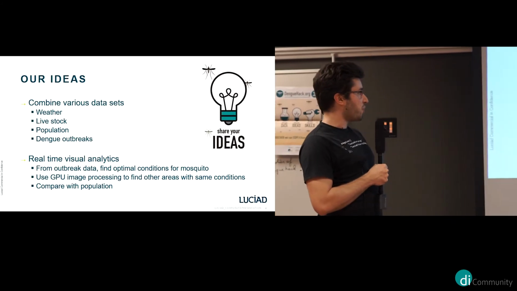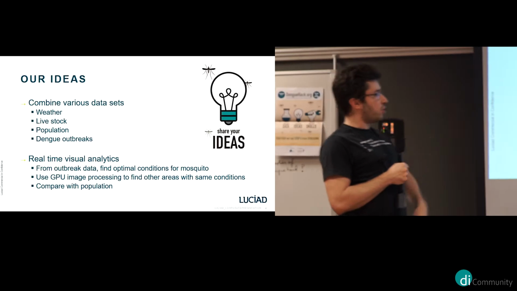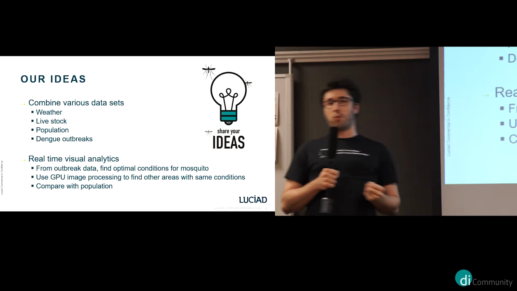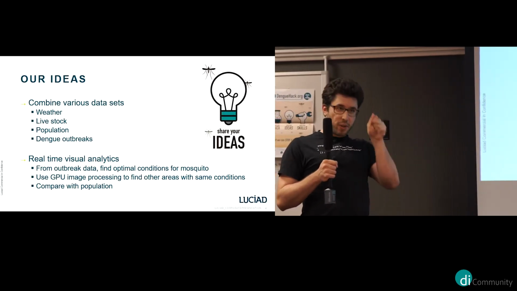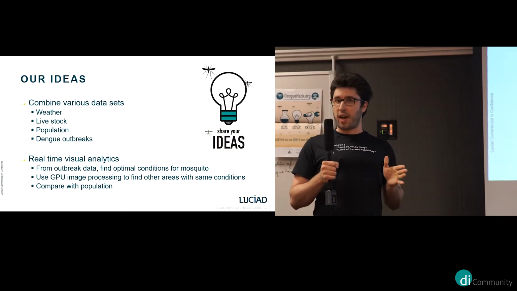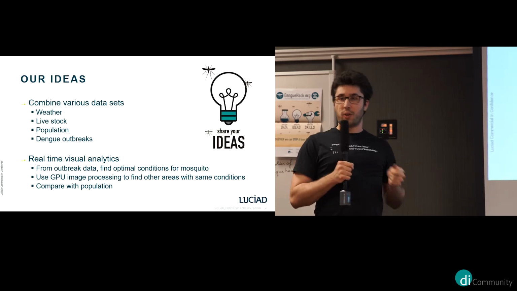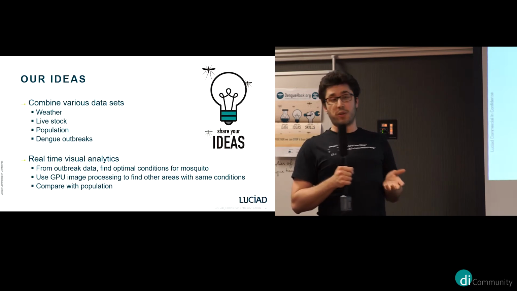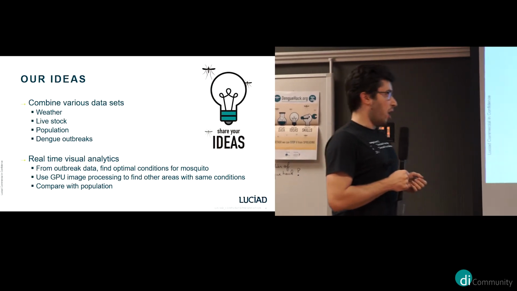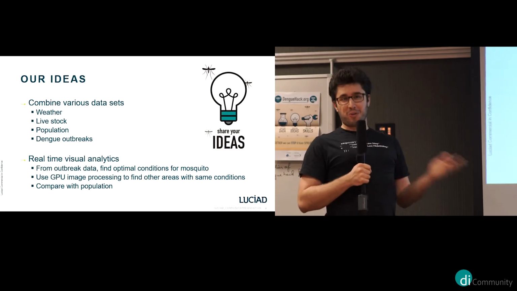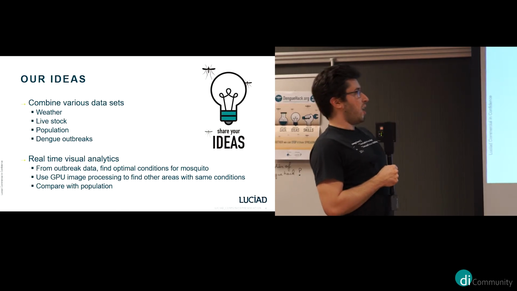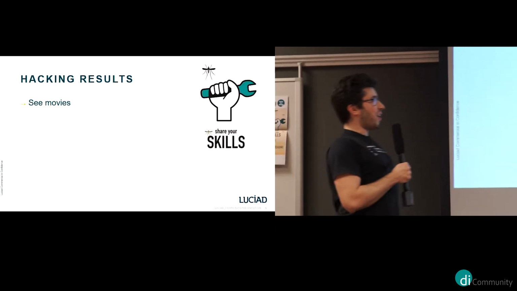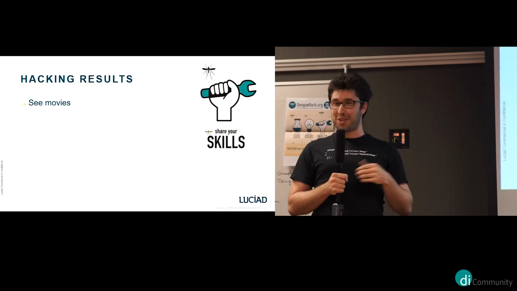Using some tools, we can use GPU acceleration, we can do all kinds of cross-references. The idea behind it was, what if we take all these parameters and tweak all kinds of sliders in real time and then detect if there's a correlation between dengue outbreaks and specific parameters, maybe even parameters that you wouldn't expect at first. Of course, this was a very ambitious goal to create a tool that can do all of this. So did we succeed in our cause? No, but I would like to show you some of the results that we achieved in this short time.